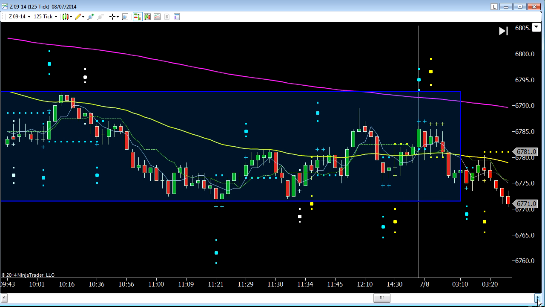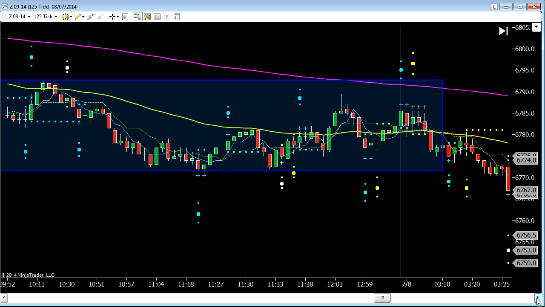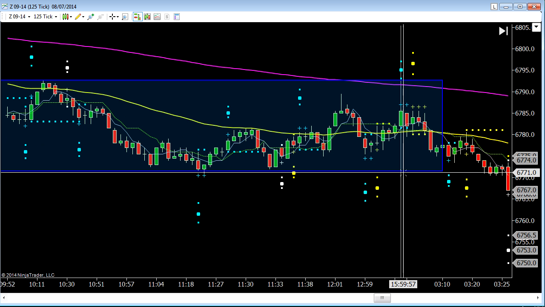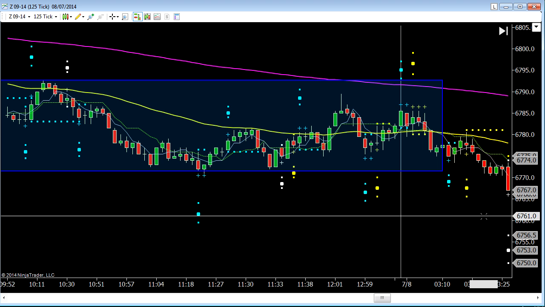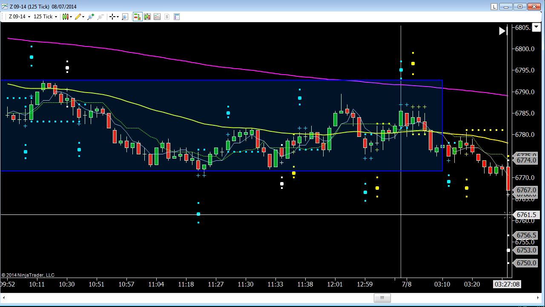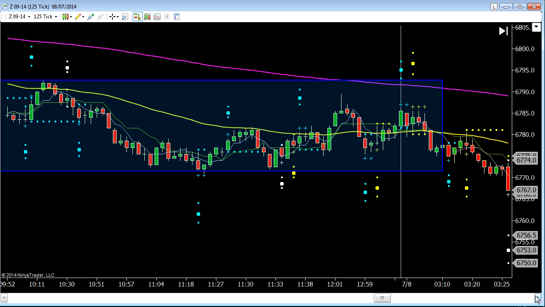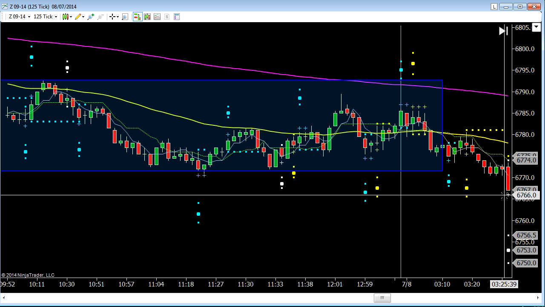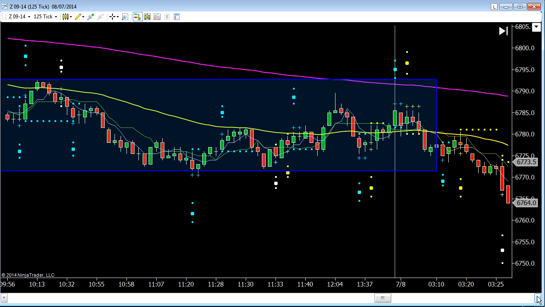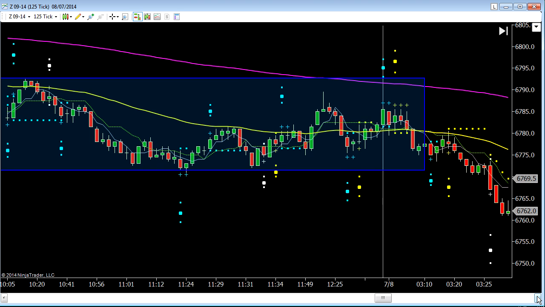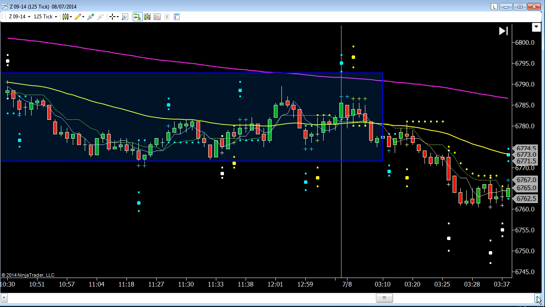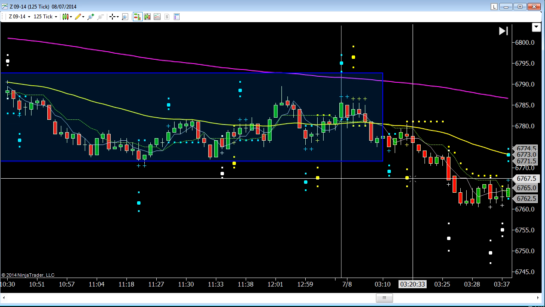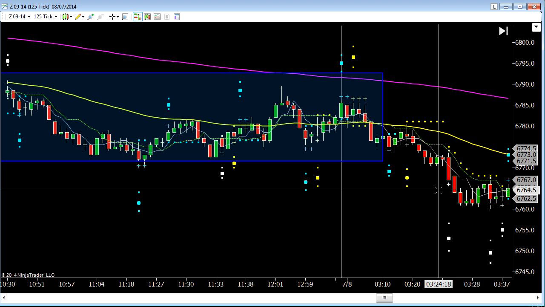But unfortunately, this was one which did happen to go. Now, it broke down low, it broke out of this range, and we got another setup, which is what you would expect to see as the trend starts to take place. So this was the trade that we got in on, short at 67.66, and as you can see, this first trade did get to its full target, and then it stopped out here,